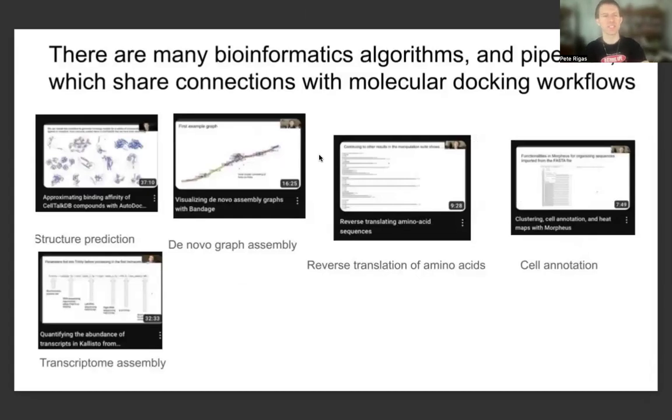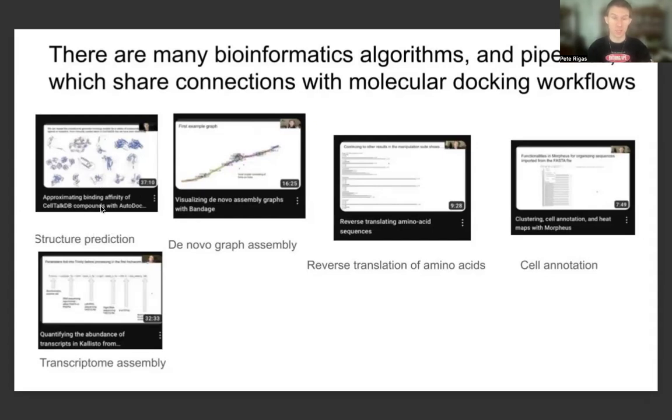And again, towards more of this applied side of making use of quantum key distribution for the purposes of improving the fidelity of quantum computation, there are many bioinformatics algorithms and pipelines which share connection with molecular docking workflows, which is very much of interest for a lot of people in industry because they're looking at making use of quantum chemistry, electronic structure calculations, which is relating to structure prediction, in which one of my videos I talked about approximating